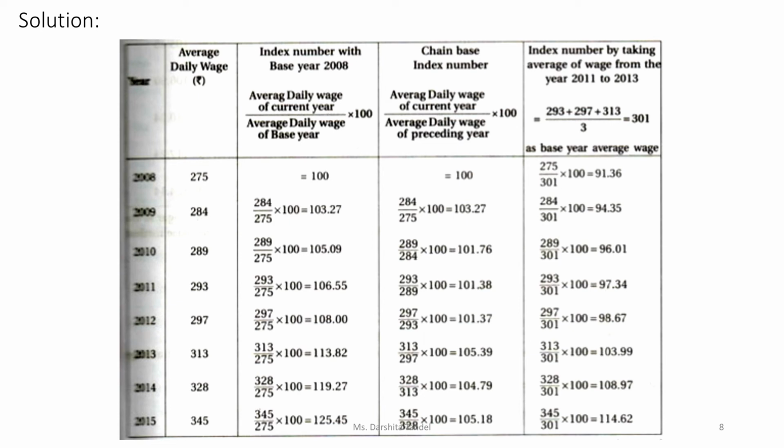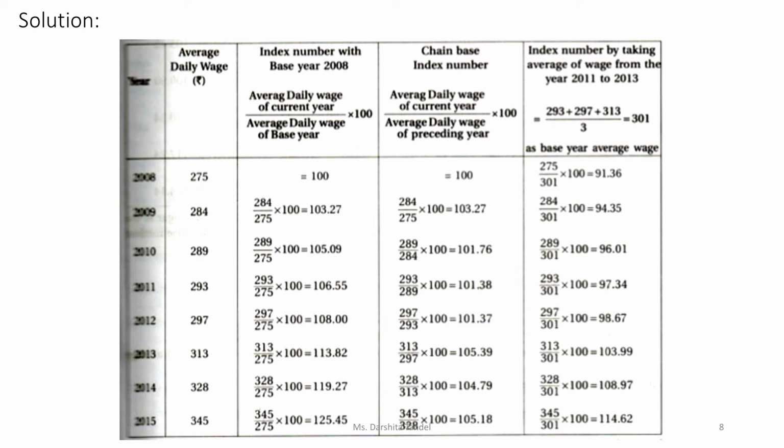So our formula is average daily wage of current year divided by average daily wage of all 3 years, means 301, into 100. For the first year, our average daily wage of current year, means 275, and average daily wage of these 3 years is 301, into 100 is equal to